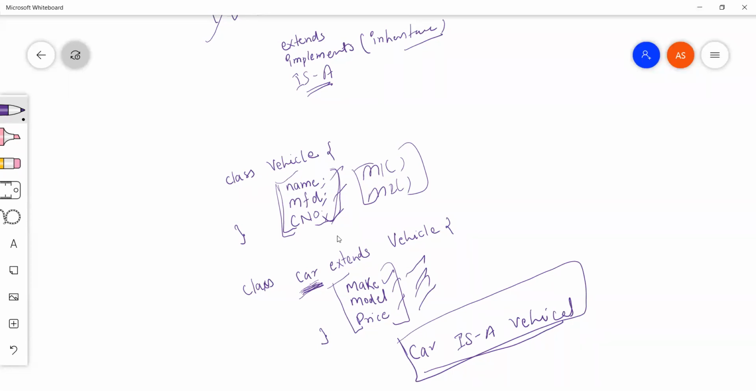Getting it? We'll be doing hands-on coding for this inheritance example, so don't worry. Let me know the concept is clear or not for now. Mamta, you are saying wait. No, when you are saying about object class, in that I'm saying the method where it notify. Okay. Let me just share my screen with you guys and then we'll see.